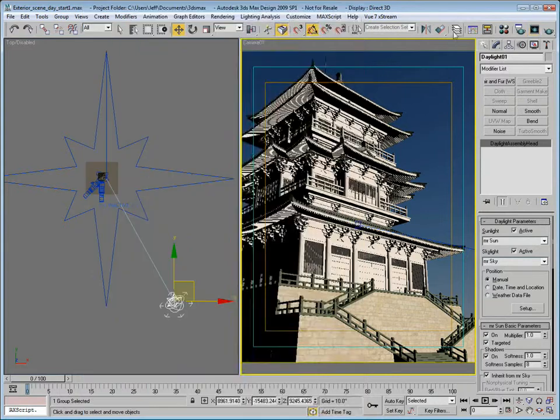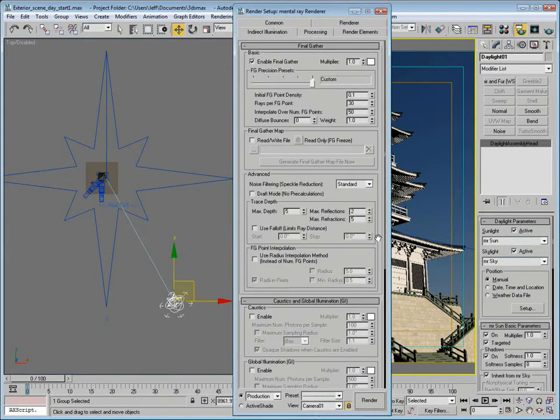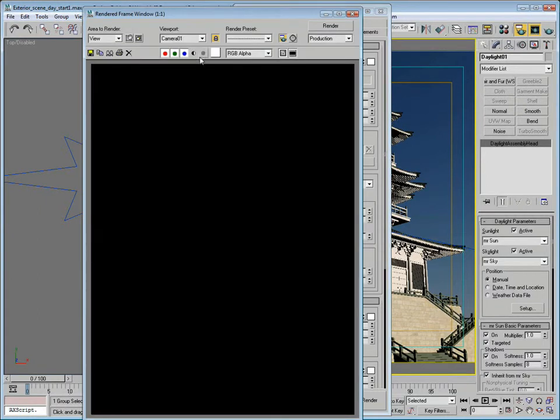and then of course I want to set up indirect illumination here. So I'm going to use Final Gather for this exterior, because generally for exterior scenes like this I just use Final Gather alone, because it does a really good job without having the need to set up global illumination and worry about the photons, having to focus those on the scene here and having them bounce out into space and have to worry about that. So generally for exteriors I use Final Gather. For interior scenes I use a combination of global illumination and Final Gather. Alright, so Final Gather is enabled, and